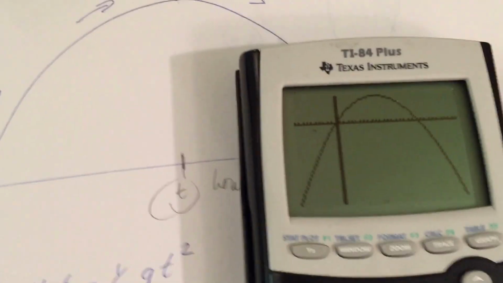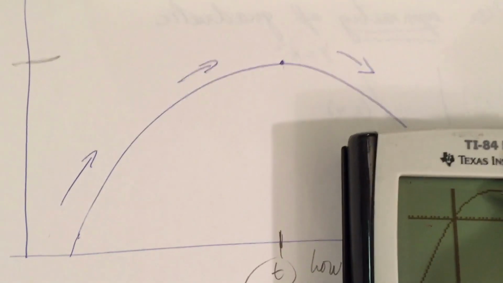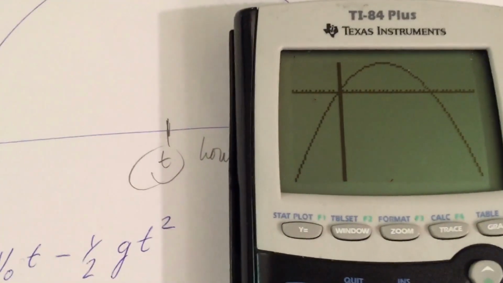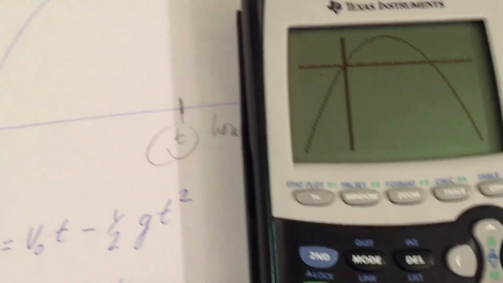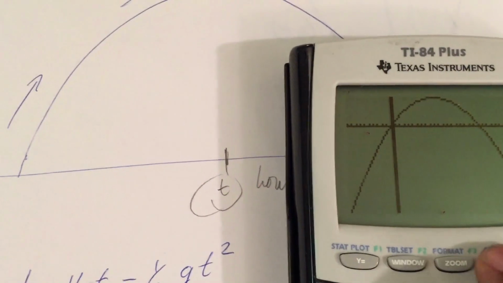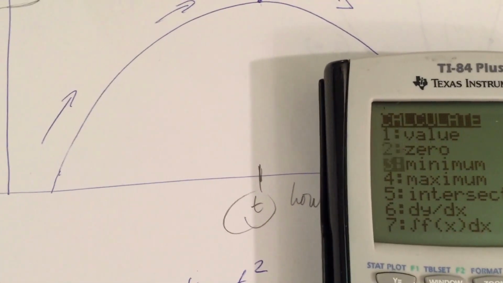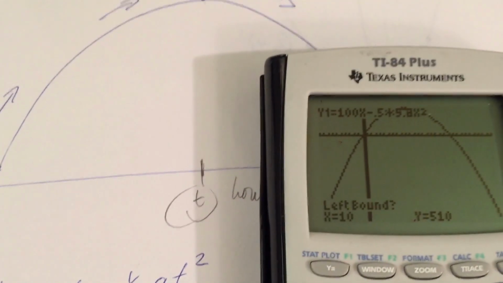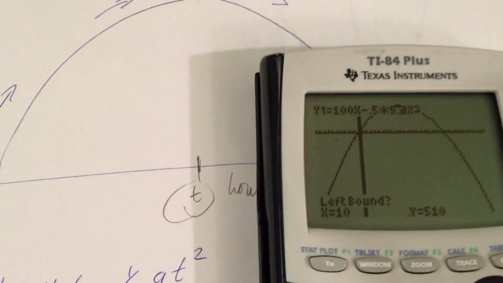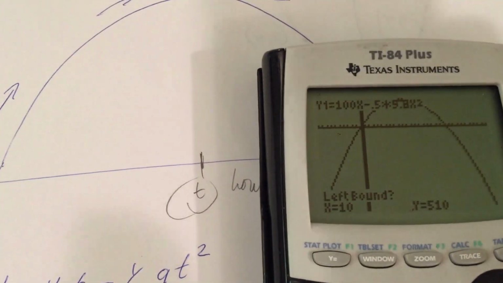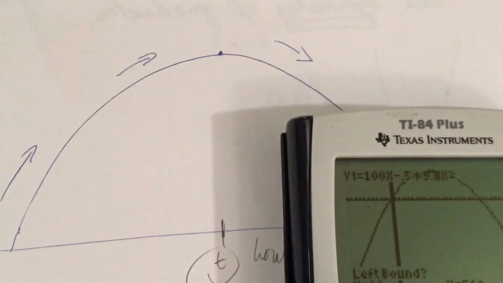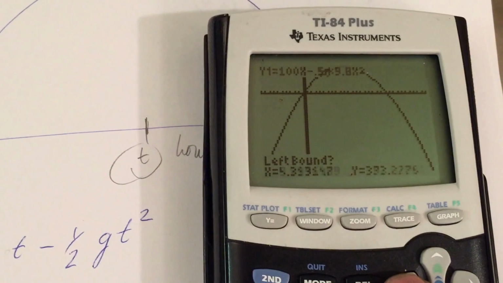Now, so basically we want to find the max. We can look here and see approximately where it is, but we can use the calculator to find exactly where it is. So the easy way to do that is go second, trace, and because we know that we're looking for a maximum, we go to option 4, maximum, boom. So you press maximum, and it's going to say, what's my left bound? Or basically it's saying, give me a point that's to the left of the maximum. So we would just use the arrow key, and we're going to arrow over to the left of it,